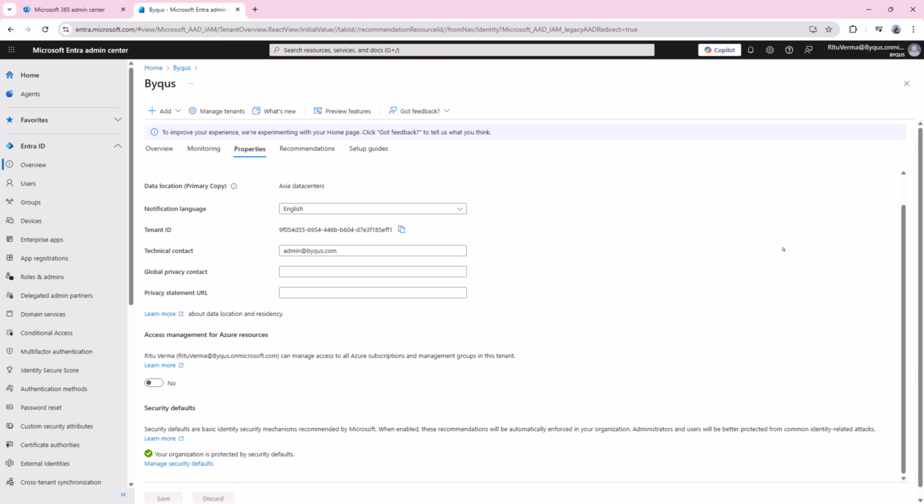Before you have created your conditional access policies, it is not recommended to disable the security defaults. We will disable the security defaults, but before doing this, we will create conditional access policies.